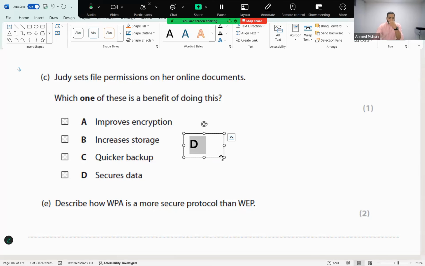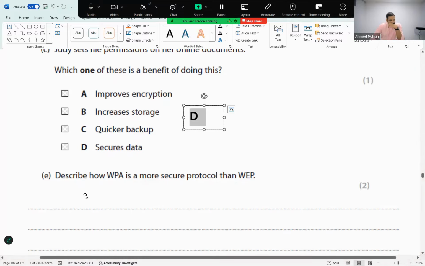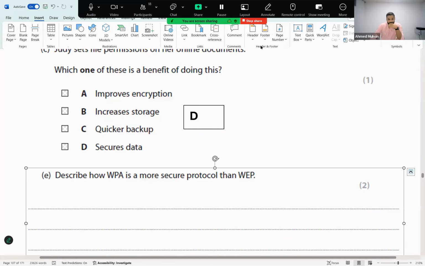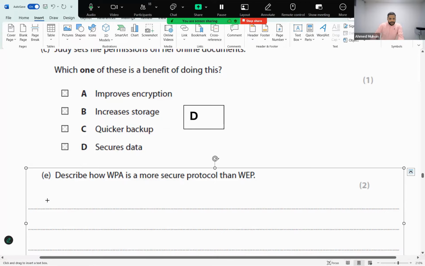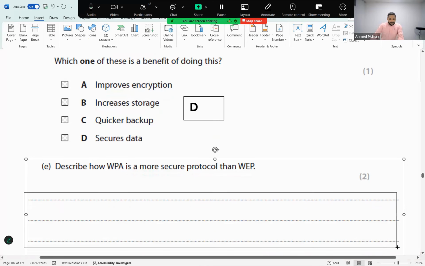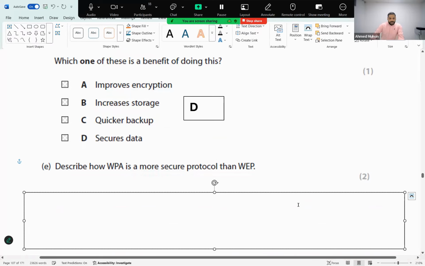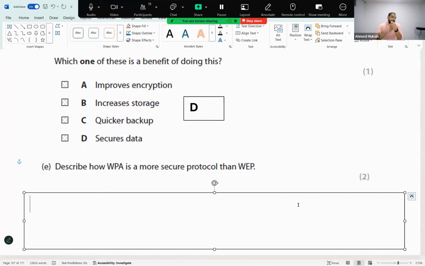file access rights. Describe how WPA, which stands for Wi-Fi Protected Access, is more secure than WEP, which is wireless encryption protocol. Yes, anybody? Uses the same, yeah, each packet and each device, no? Okay, everybody, what shall we say over here? WPA, boys, WPA